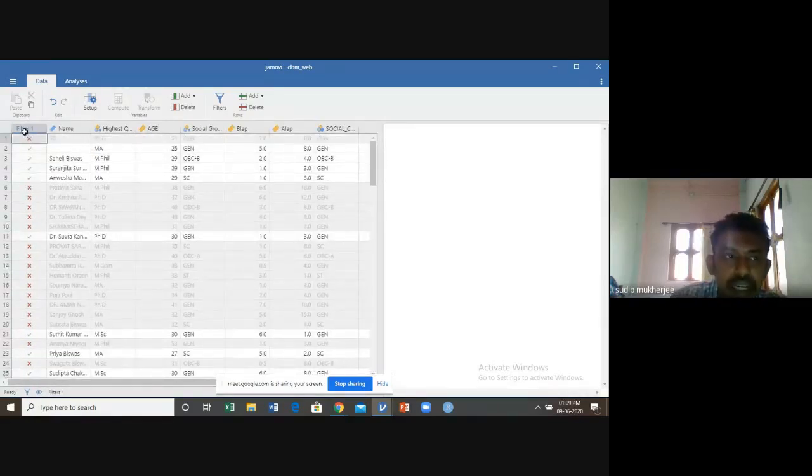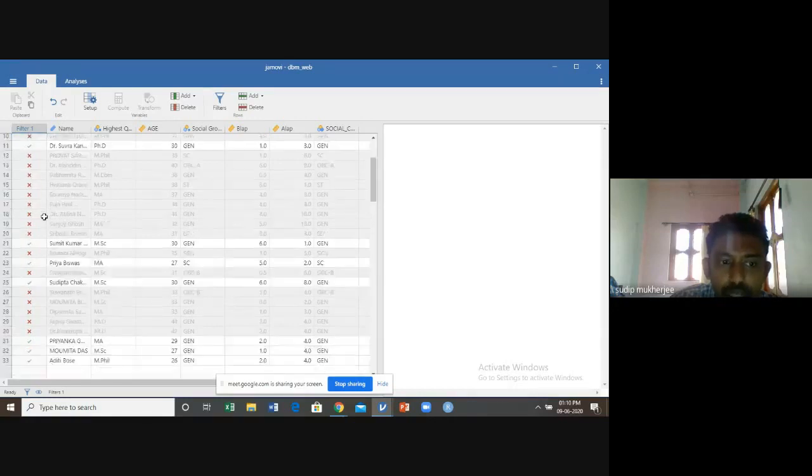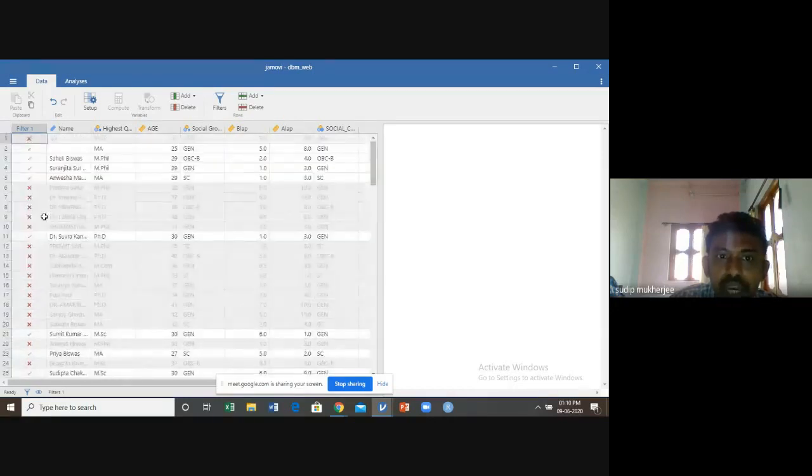Just see, another variable is created here, named filter1, and the individuals with age less than 30 are ticked as green tick, and all other observations are crossed.